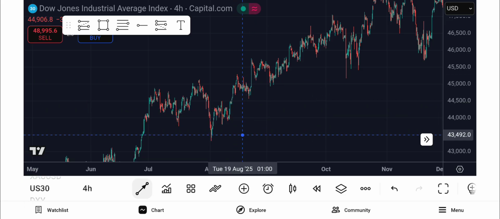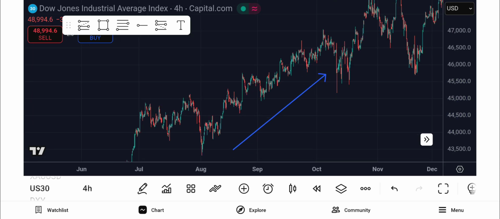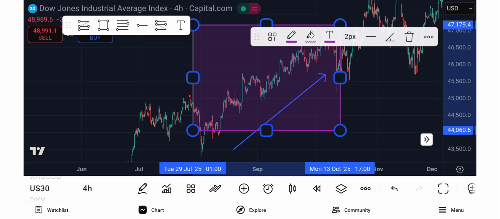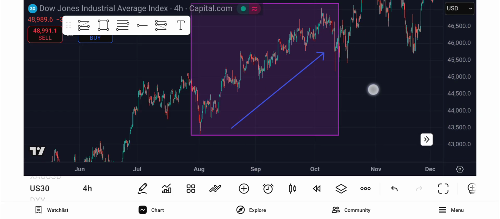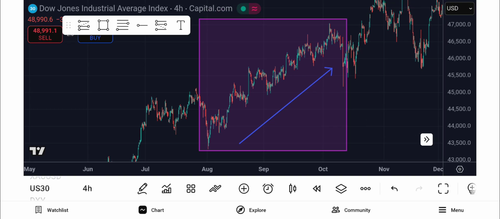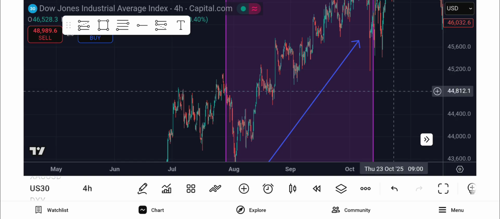For those of you who already know how to trade, you can tell from seeing this right here that this is a bullish trend. Let me just put a rectangle on here so we can just focus on this right here. Okay, so let's just focus on what's in the box, right? So off of it, you can tell this is a bullish trend. How do we know? Because